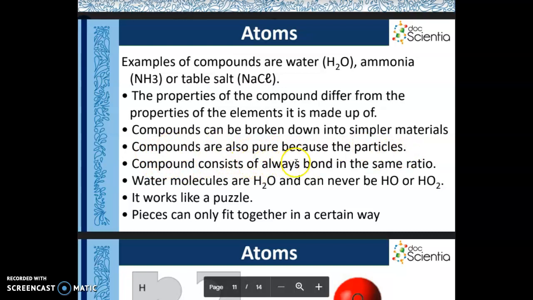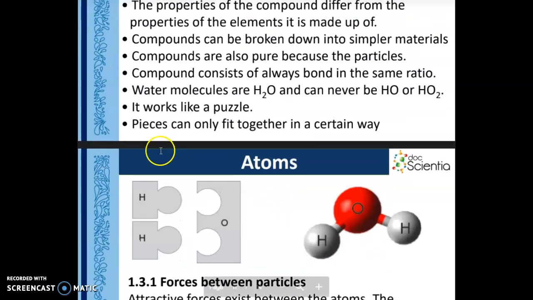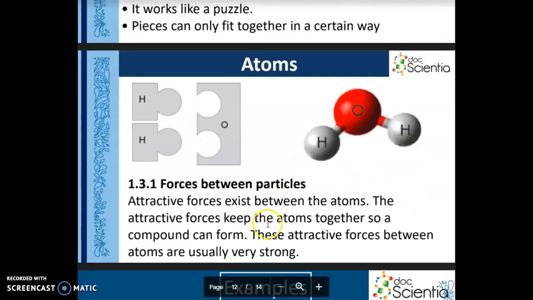The compound always consists of atoms that bond in the same ratio. Water molecules are H2O and can never be HO or HO2, and that would be a very different chemical. It works like a puzzle. Pieces can only fit together in a certain way. So if you have 2 hydrogen and just 1 oxygen, that's the only way they can fit together. So 1 oxygen and 2 hydrogen will make 1 water